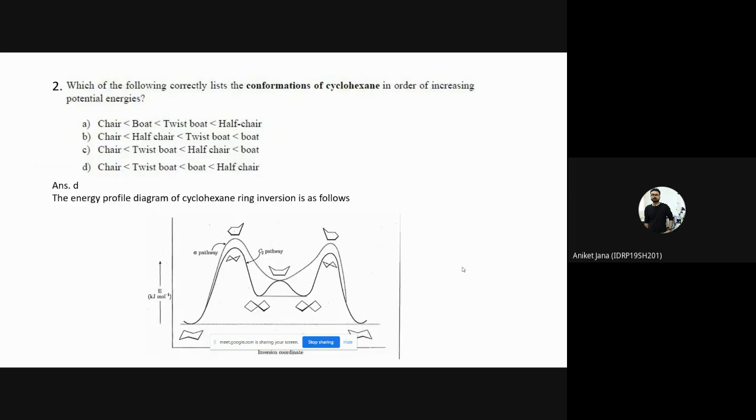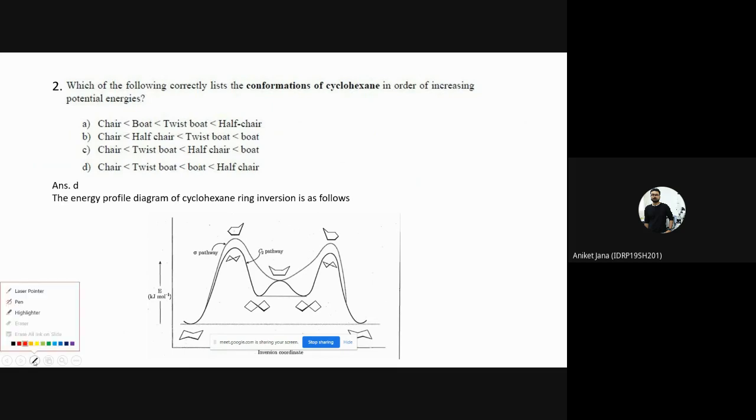The next question is: which of the following is the cyclohexane in order of increasing potential energy. So there are various options. Option D is correct, that the chair form is the most stable. Then